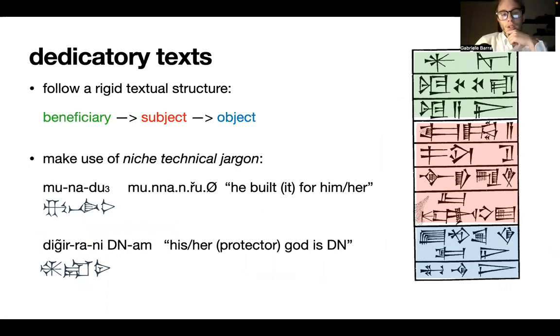The Dedicatory texts usually follow a very rigid textual pattern. They start with the beneficiary in the dative, then the ergative subject and the object, which culminates with the transitive verb, which is often monadou. Why monadou? Because the dedicatory texts make you employ niche terminology, technical jargon, I'd call it. Monadou, he built it for him or her, or Dingirani, name, his or her protector god is, yada yada. So that is what we're used to, but from now on,